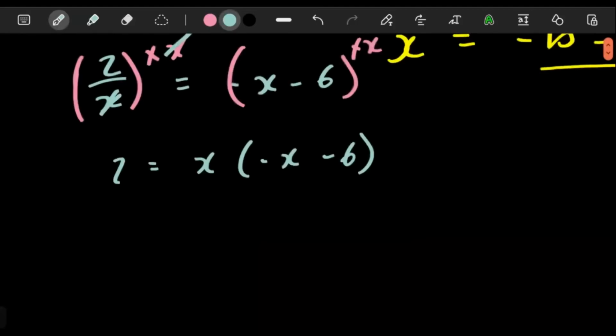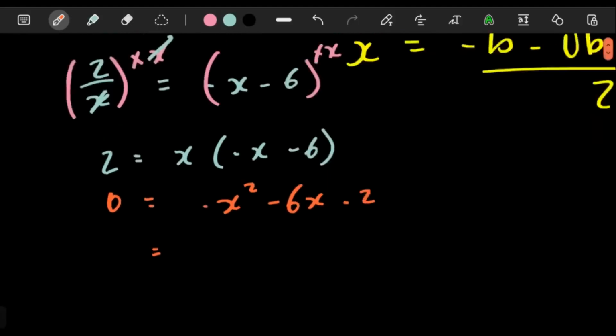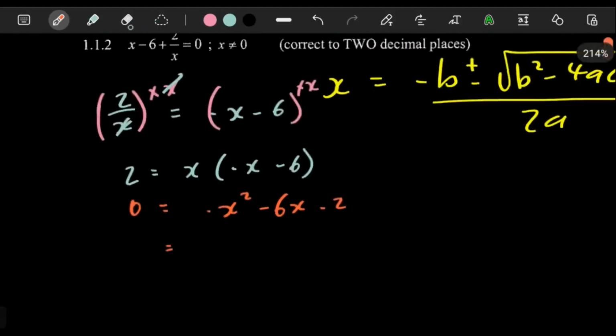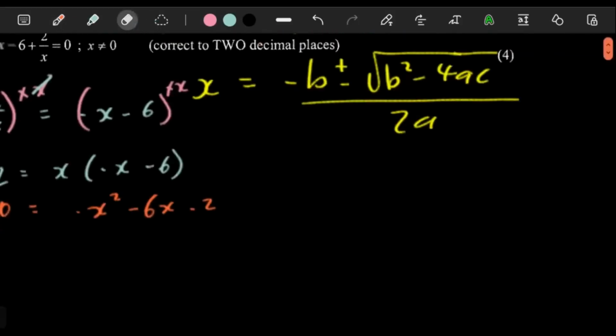And then this is almost like, you could also say you can get an LCD. So let's see, we have here, if you multiply inside, you have negative x squared minus 6x. Then these two can come over. You have a 0 here. So here, solving for x, you can clearly see we can use our quadratic formula now. Because using our quadratic formula, we have